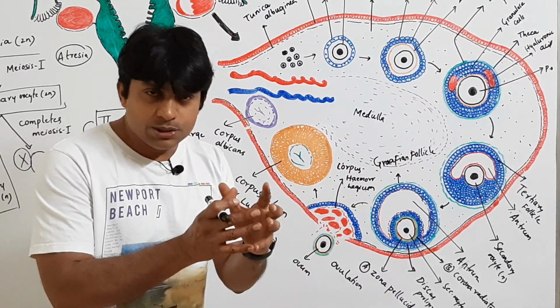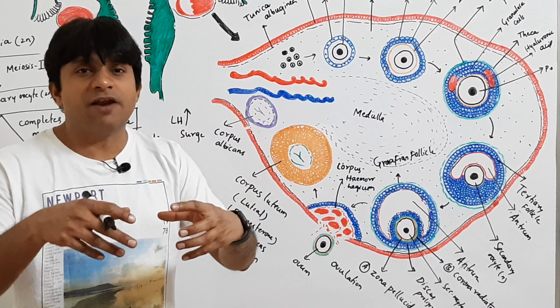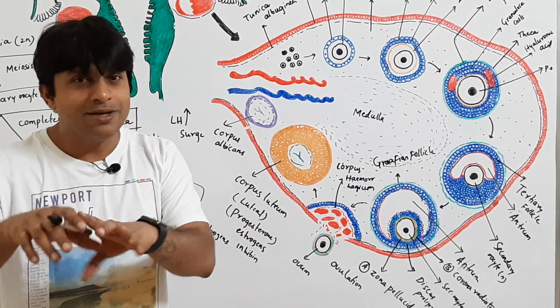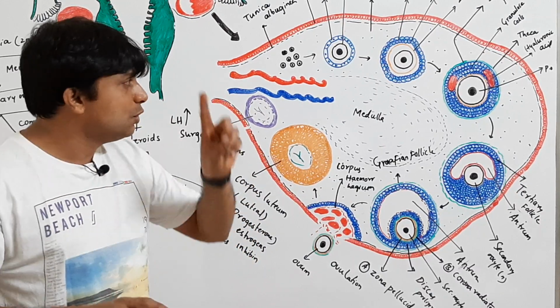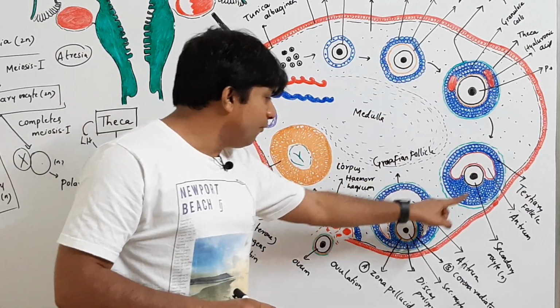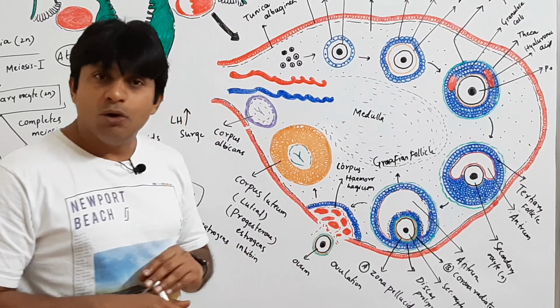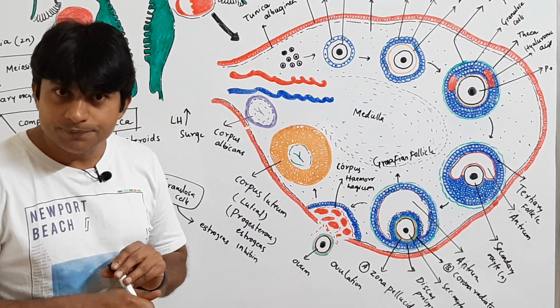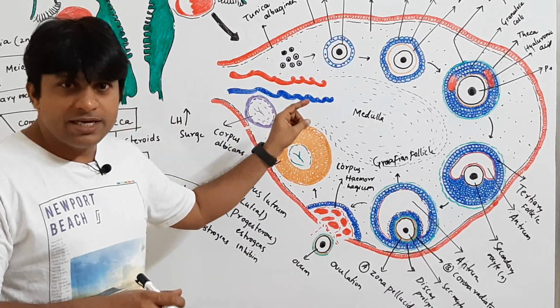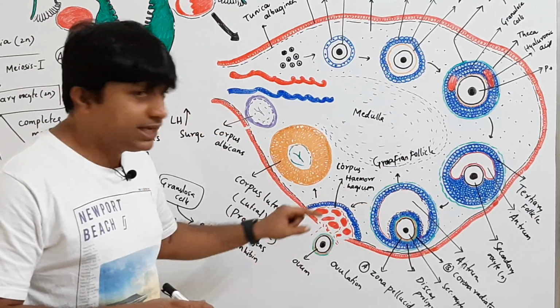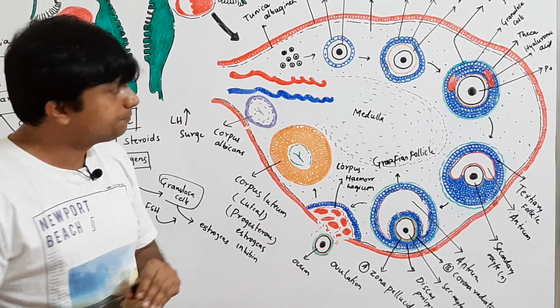At once there will be several primary follicles that start undergoing division, but out of these several follicles only one primary follicle becomes a matured follicle and releases the ovum. Clear? So listen, once again, in brief I'll give you an idea of what exactly the follicles are and how you differentiate them.